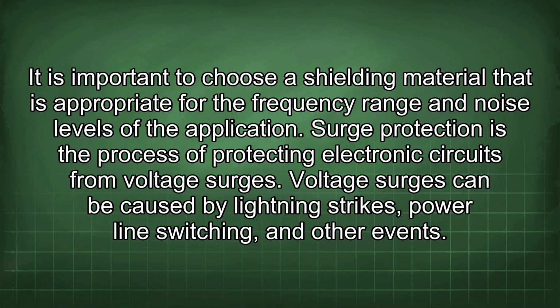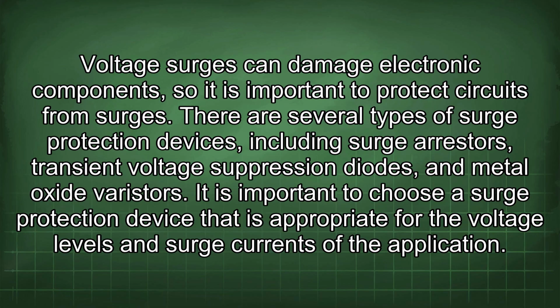application. Surge protection is the process of protecting electronic circuits from voltage surges. Voltage surges can be caused by lightning strikes, power line switching, and other events. Voltage surges can damage electronic components, so it is important to protect circuits from surges. There are several types of surge protection devices, including surge arresters, transient voltage suppression diodes, and metal oxide varistors. It is important to choose a surge protection device that is appropriate for the voltage levels and surge currents of